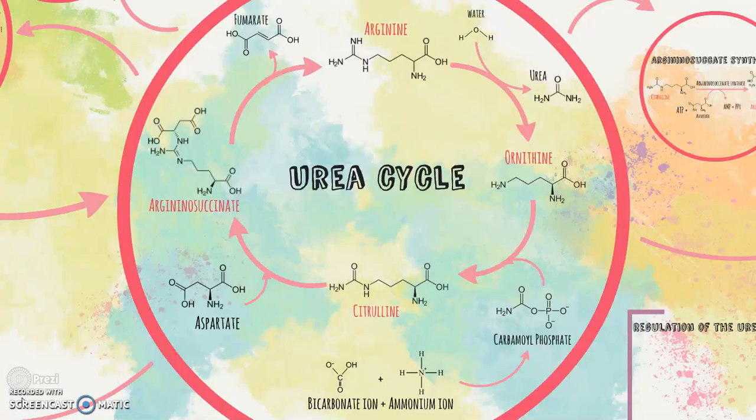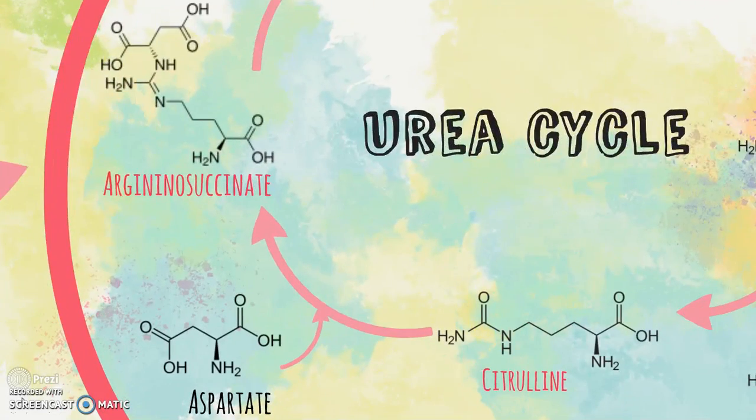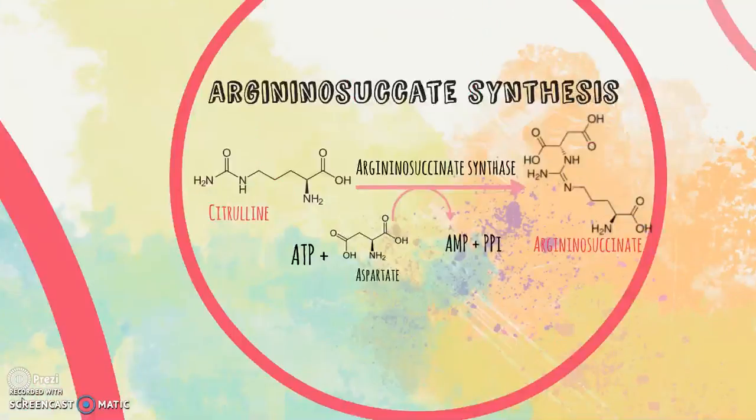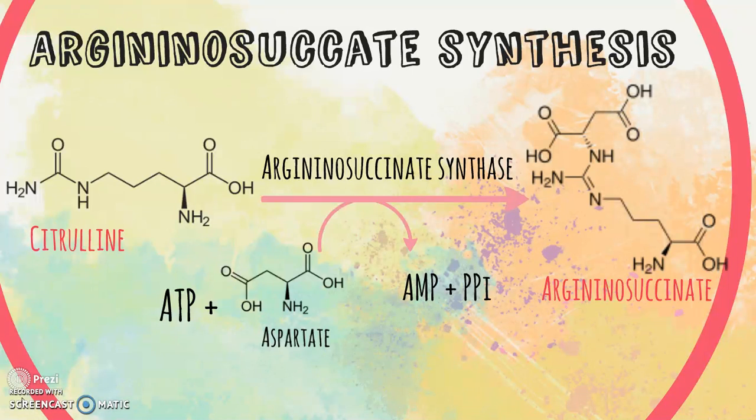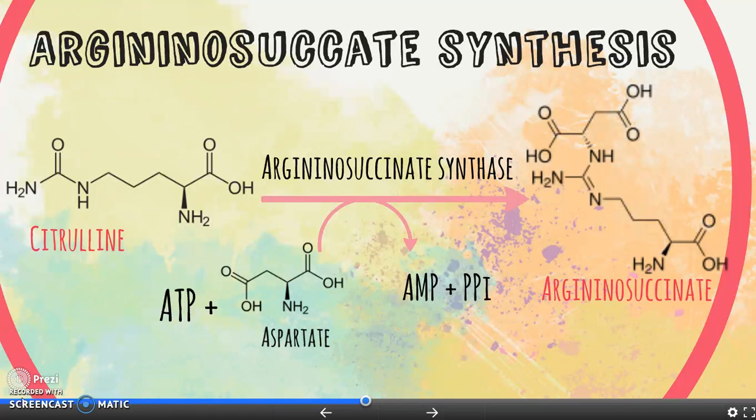The next step of the urea cycle is catalyzed by argininosuccinate synthetase. This enzyme uses ATP to activate citrulline by forming a citrulline-AMP intermediate. In the second half of the argininosuccinate synthase reaction, the alpha amino group of aspartate attacks the activated carbon, releasing